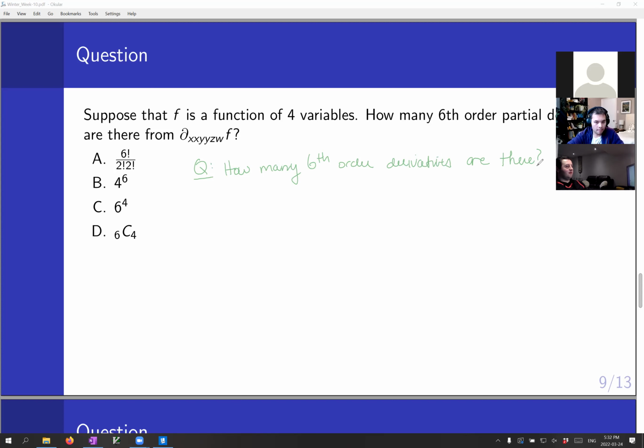B, yes, exactly. The correct answer is B, which is 4 to the power of 6, right? Why? Because you've got 6 slots, and inside of each of those slots, you can put one of 4 variables, X, Y, Z, or W. So you've got 4 options here, 4 options here, 4, 4, 4, 4. And then our basic counting principle says that we multiply all those together and we get 4 to the power